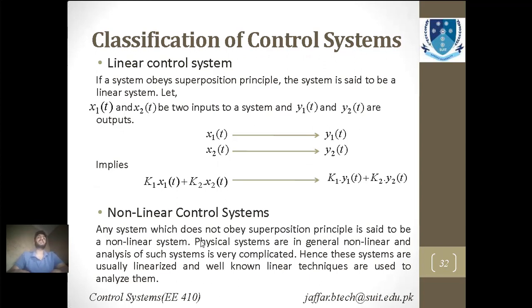Further classification includes, these are all small classifications, but they are really important. If you want to work on a system, you have to know what kind of system you are working with. A linear control system is a system in which if you change an input, the output is changed accordingly. If I increase the input of a system by a factor of 2, the output of the system will also be increased by 2. Such a system is known as a linear control system. But in most cases this is not the practical scenario: you increase the system input by 2, but the output is not increased by 2, and it is increased by, let's say, 1.5.